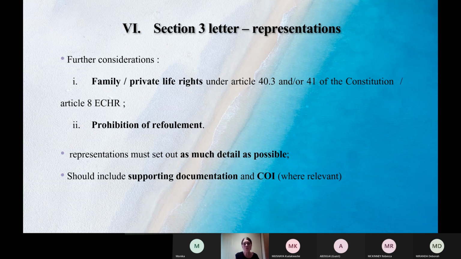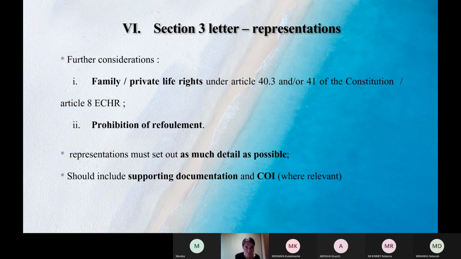And then finally, prohibition of refoulement also should be addressed if applicable. So this would be, say, in the instance that either no asylum process has taken place, or at the end of the asylum process, say if something happens in the person's country of origin that changes fundamentally the position, a war breaks out or something to that effect, and all of a sudden, yes, they are subject or at risk of persecution. This should be addressed in full, in as much detail as possible, if it's applicable.